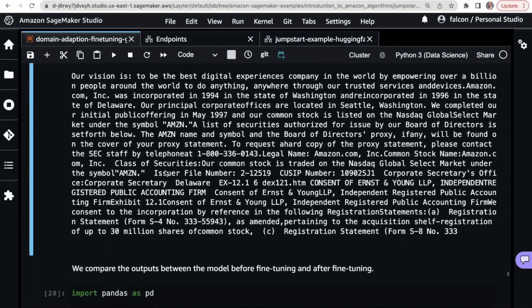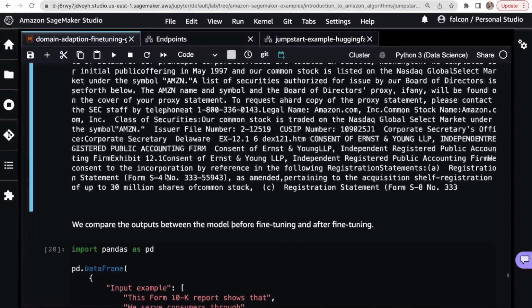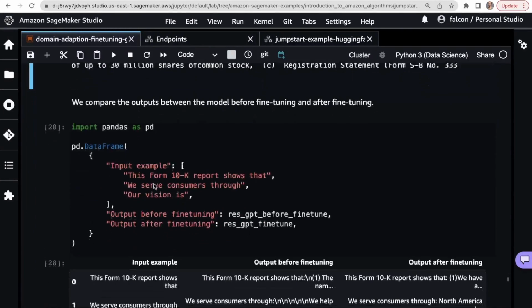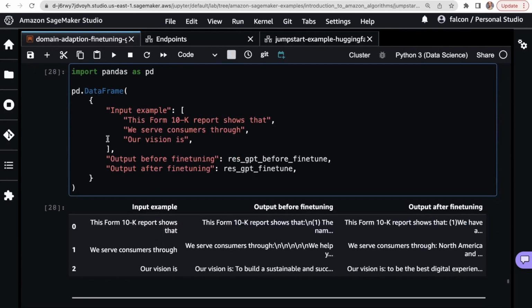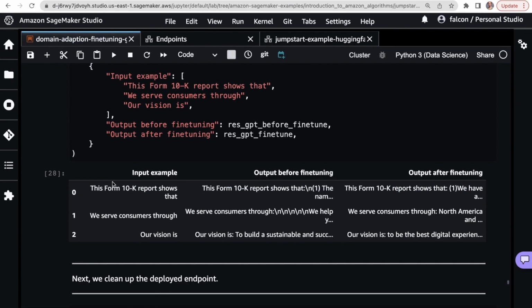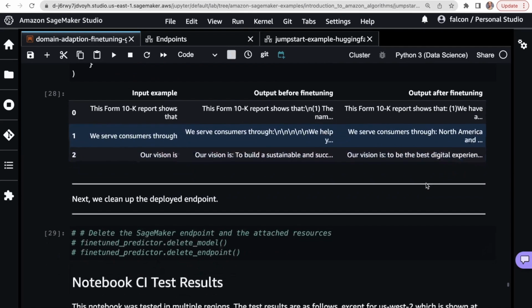Yeah, so this is the difference. Remember, we saw this, and here they have it in this nice little data frame for you. So these are the prompts. And then this is before fine-tuning, which is this garbled mess. And then after fine-tuning, we get this extremely clean response.